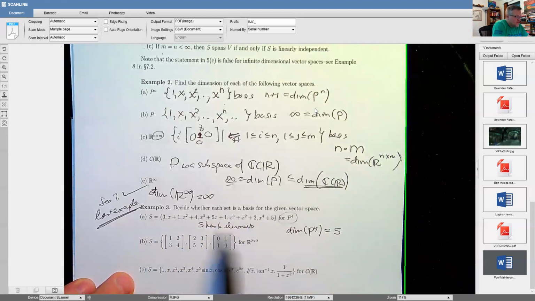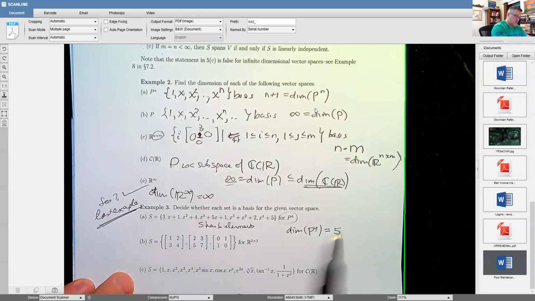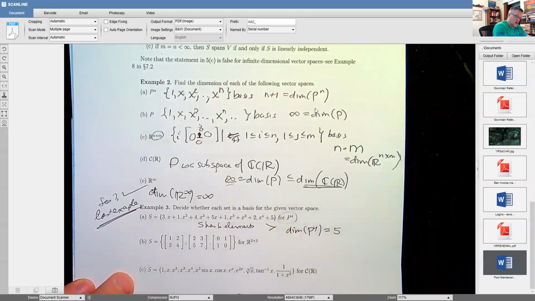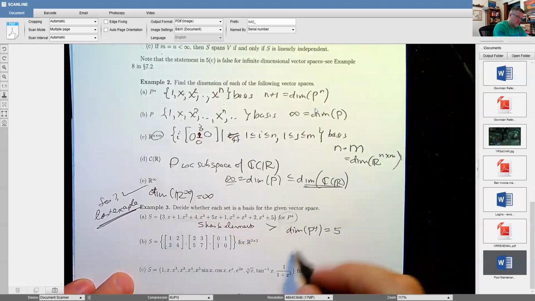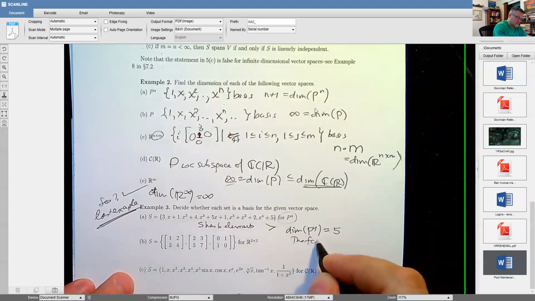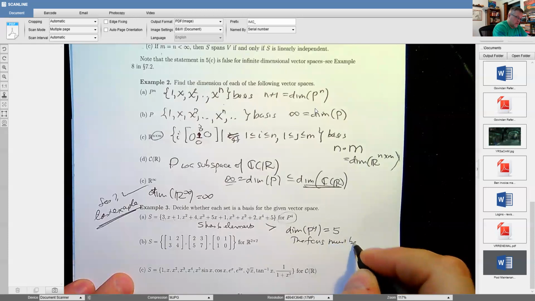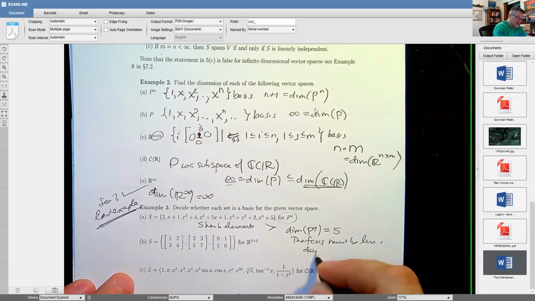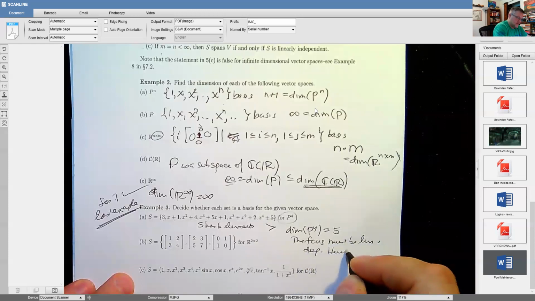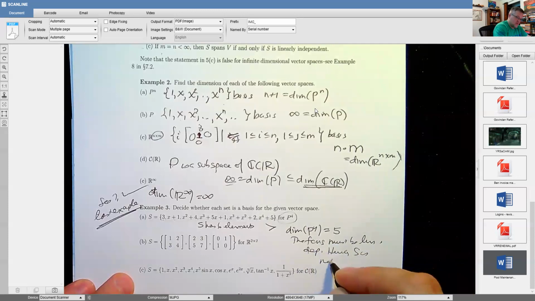Since those are in P sub 4, these can't be linearly independent. Since this is strictly larger than that, the functions must be linearly dependent. Hence, S is not a basis